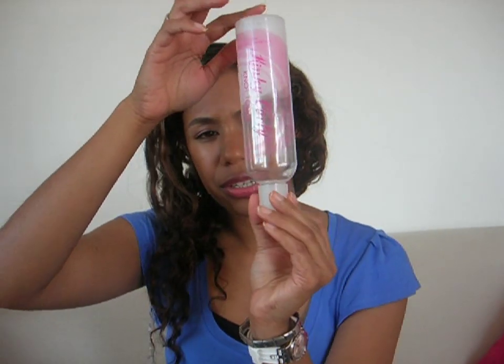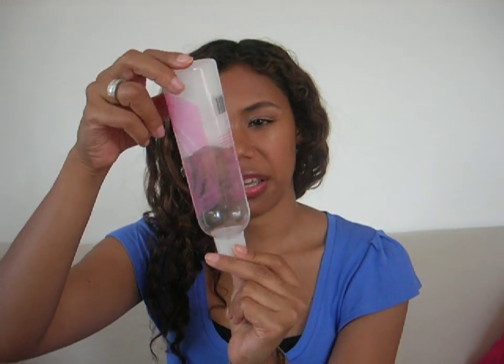I know most of you out there, if you have curly hair or thick hair, know that you have to detangle it a lot, and if your hair is thick, that can really be time consuming. I don't know if you can see that. It's like a thick gel even,